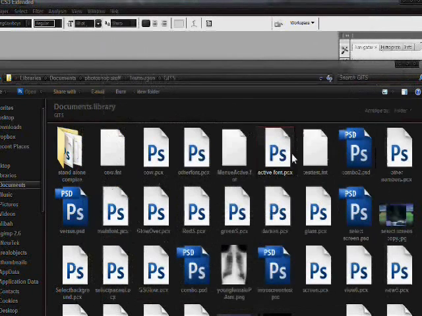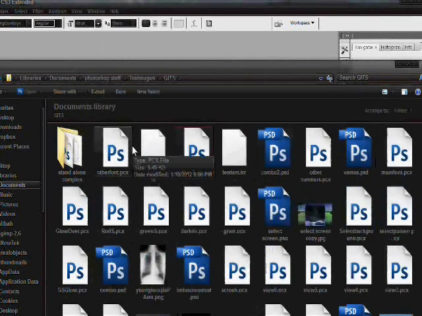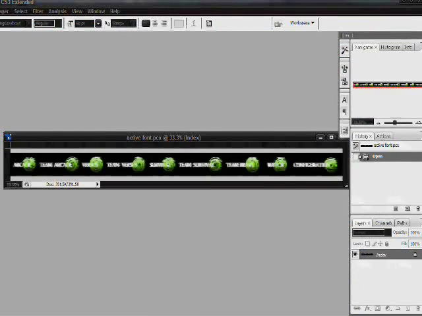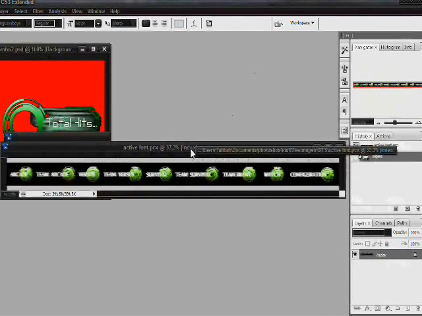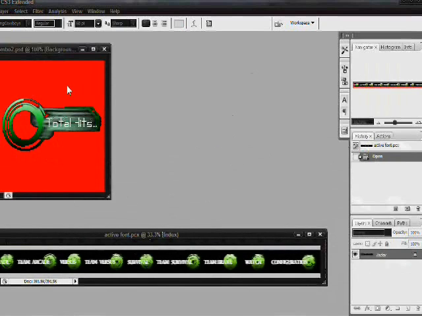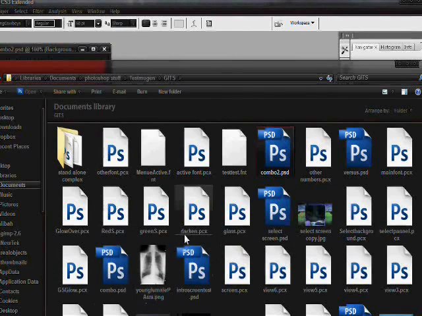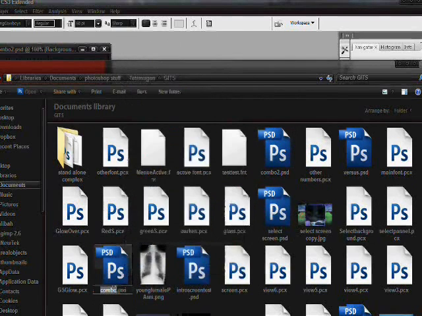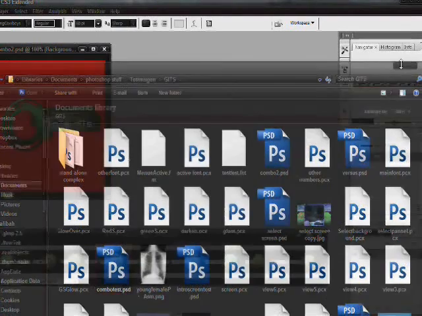Let's see if I can find the font. So, yeah, these two are images that will become fonts. And I obviously need to rename this or delete it, so I don't get confused again. But anyway, so